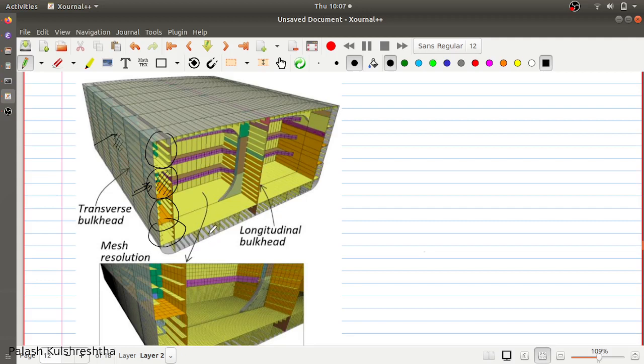Similarly, at the base, you can see this is the solid surface, and below it there is the ship's hull. Here also you can see that there are compartments, so that if any damage is done from below, it is limited to a single compartment. Let's suppose the damage is so big that it damages the inner compartment of the bulkhead as well.